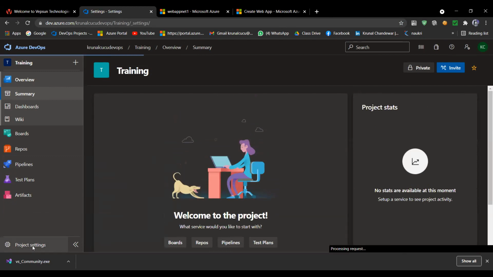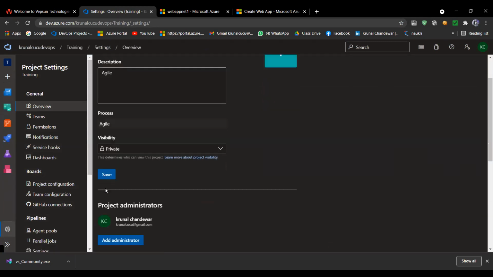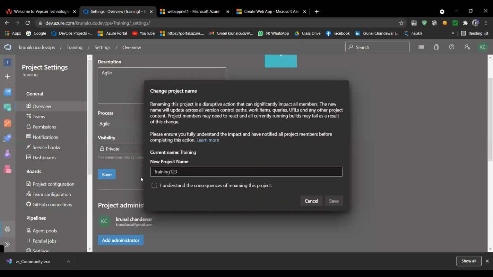If I click on Project Settings, what if I want to change the name of my Training project? I only have to change the name to Training 123, and give the description Training 123 also. You can change the name.